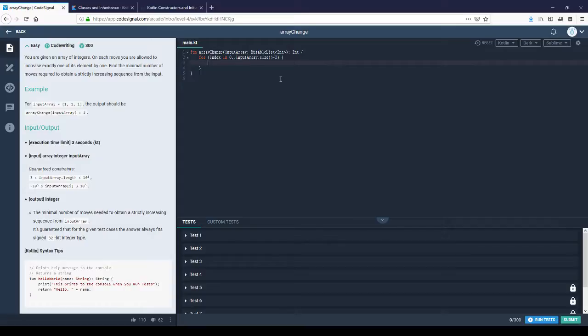So for items in this range, we're going to take a look at var sum equals 0, and if inputArray at index equals to